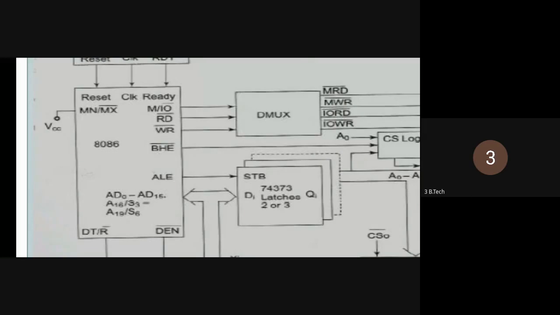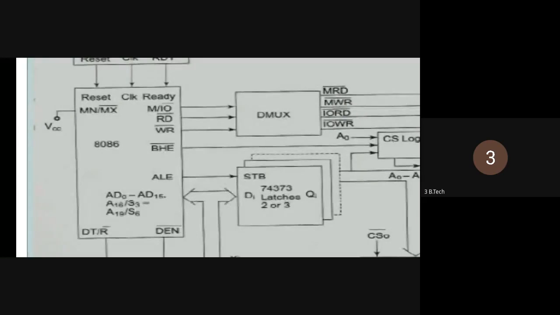As we are talking about minimum mode of operation, the microprocessor is projected with only minimum mode pins. However, we need to provide input to the microprocessor: address and data, which is the input we will provide to the processor. We have considered address data lines AD0 to AD15 and address status lines A16 to A19, including status pins S3, S4, S5 and S6. These are all the pins we need to connect with other components when we make the microprocessor operate in minimum mode configuration.